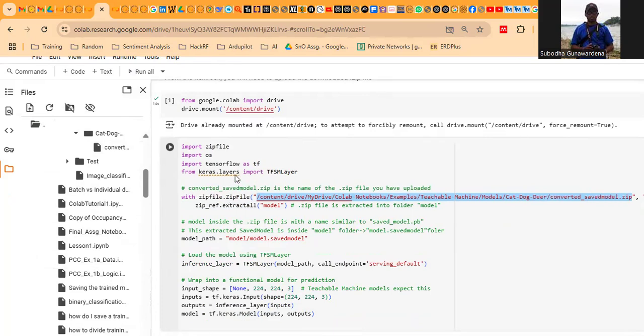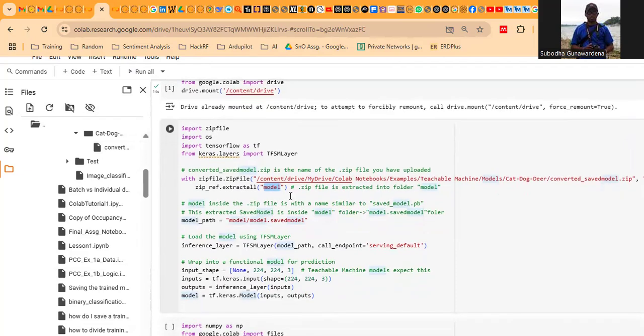I ask this one to open the zip file, right? So here what I'm trying to do is I'm trying to open up this zip file and unzip it to a new folder called model. So that is where my model will be. So right now what I have downloaded as a model is a zip file, right? So the model file is inside the zip file. So first I have to unpack that and get the model files for me. So that will be taken onto a folder named model, and inside that one